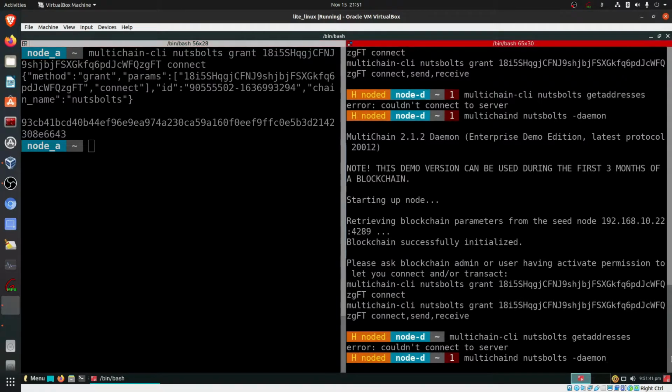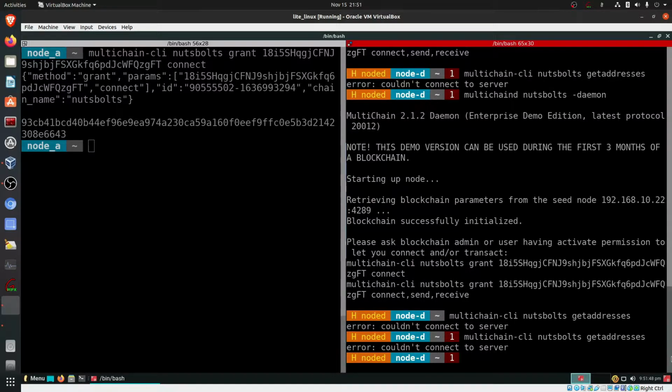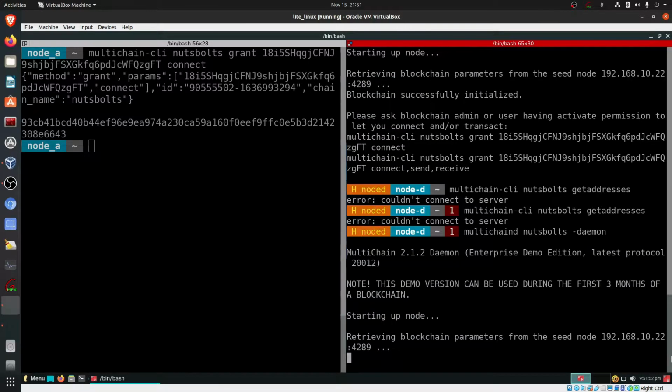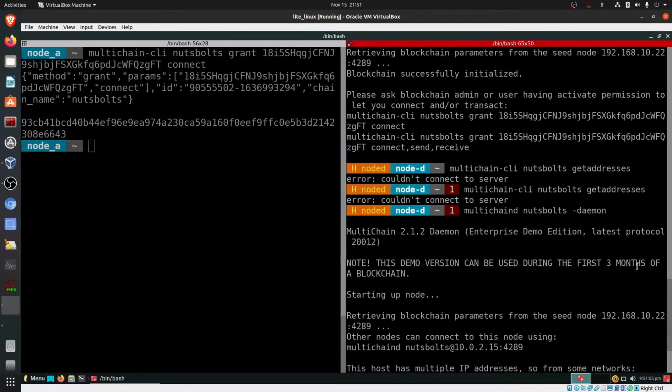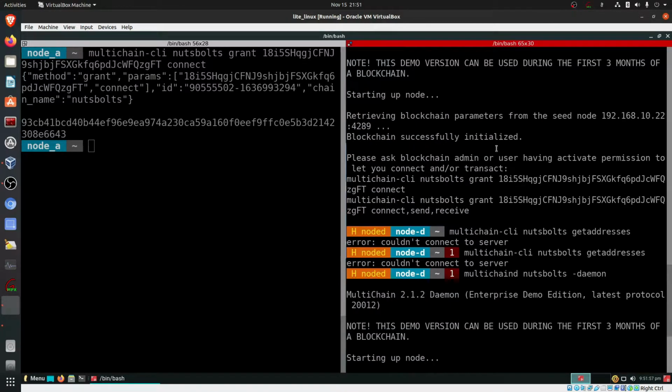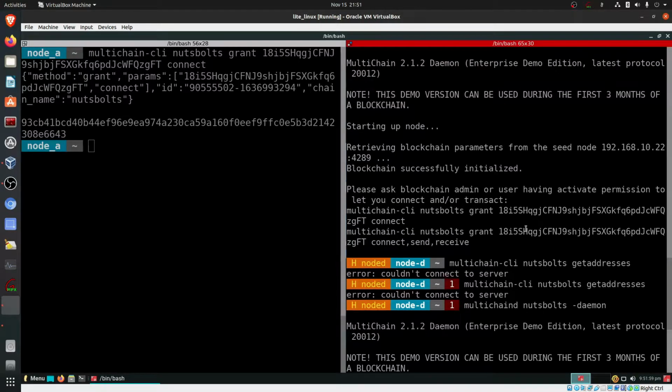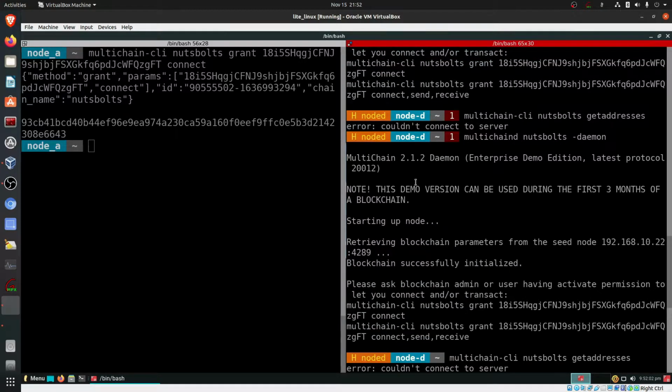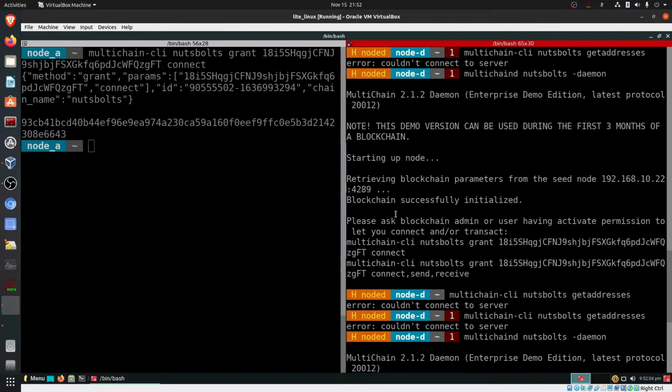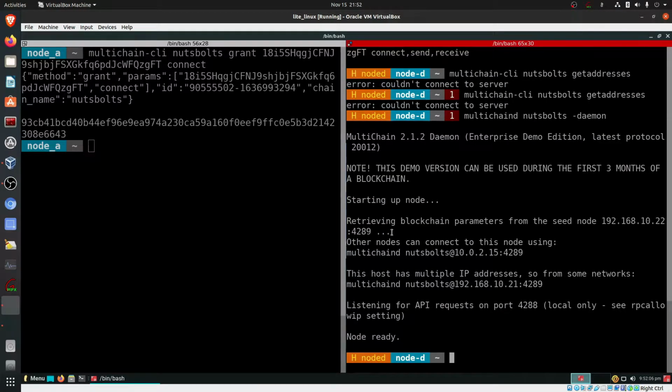Now we go here and we do this get address. So we should ideally get this, which we are not getting. And now, okay, now I have to run that daemon again. So now you see there is a difference. While we had run this blockchain daemon command earlier, starting up node, retrieving blockchain parameters, successfully initialized. Now here again the same things have come up, but